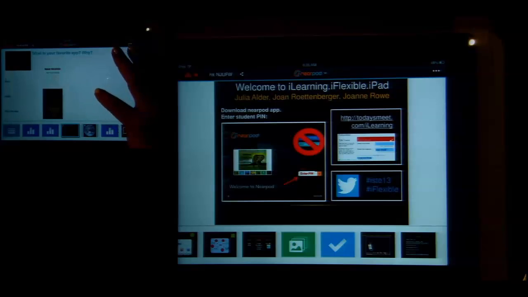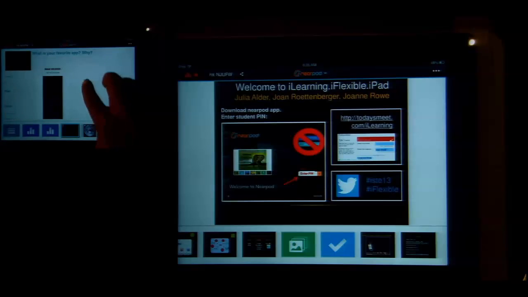Notability, Nearpod with a big happy face. Again, we've got this wonderful formative assessment here, right in the teacher's device. And you can scroll through those and look at those as they come in. Splash math. So I'm going to give you just another couple of seconds here to enter something,